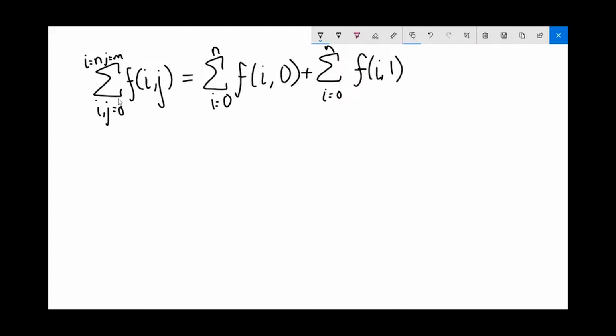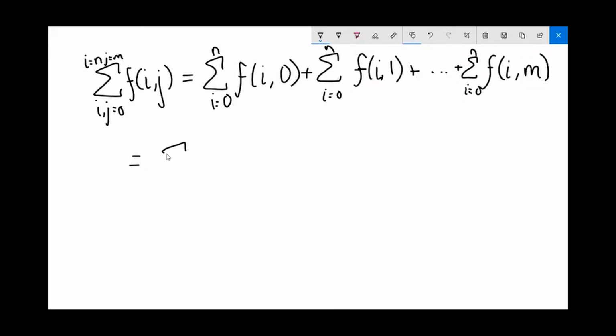And we can do that for every single j, just changing this part here, so 0, 1, 2, all the way up to m. So plus dot dot dot plus the sum between i equals 0 and n of f(i, m). So as you can see, the only thing that changes in each of these equations is this part here. Otherwise, they are all the same. So this can be split